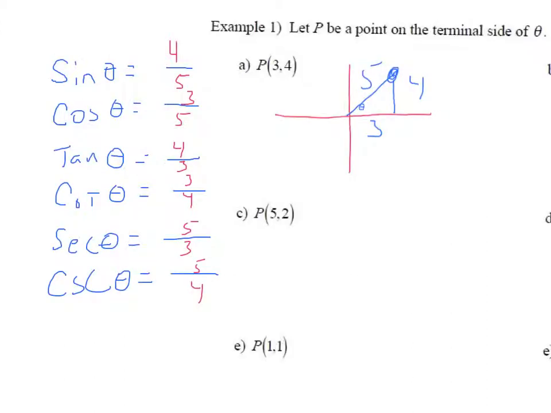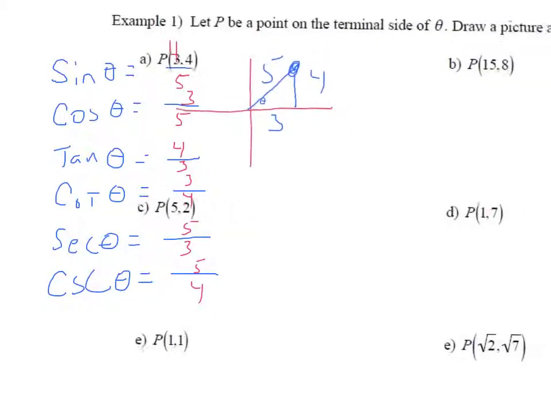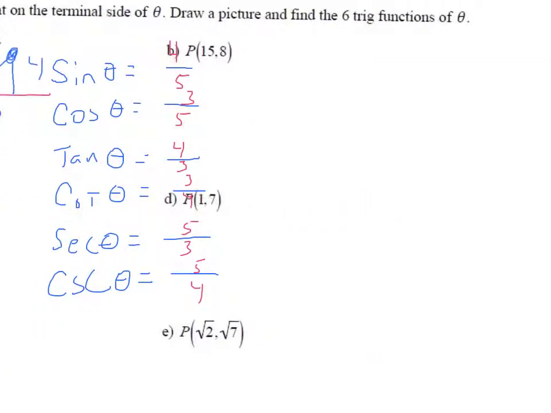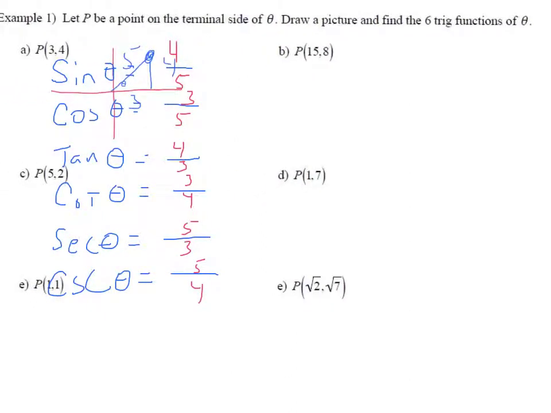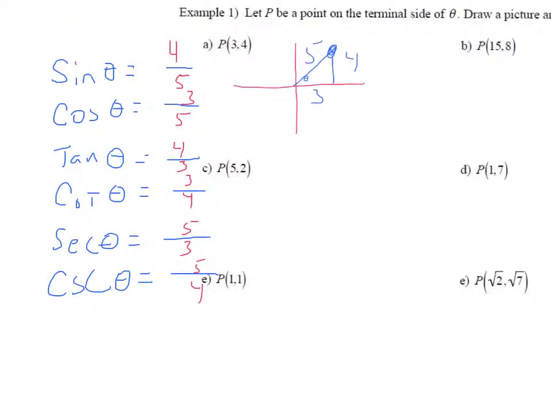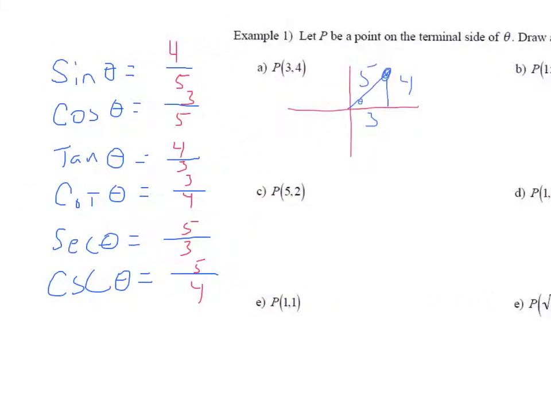First example in that Master Math Mentor handout is what we need to do is draw the triangle that each of these points represents, find the missing side, and it's always the hypotenuse in this case, and then write ratios for the 6 trig functions. So for this first one, I graphed the point